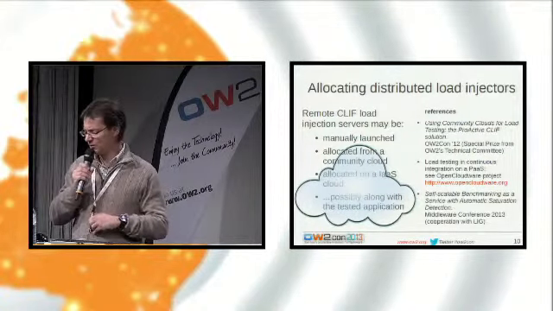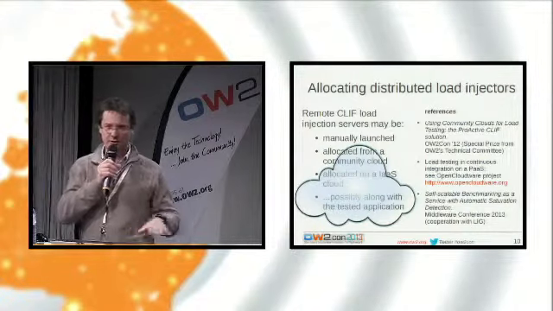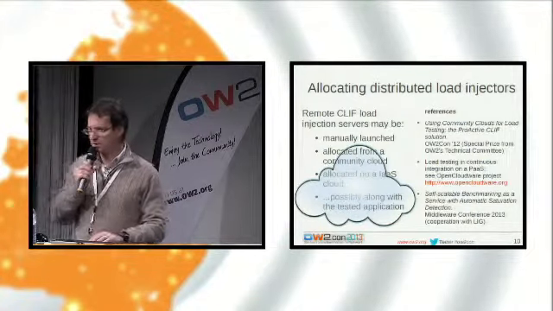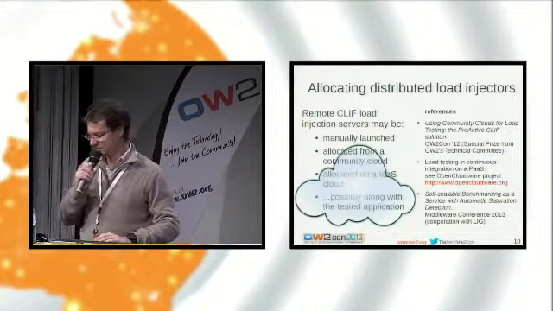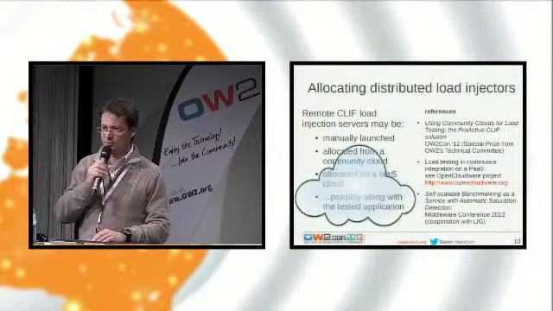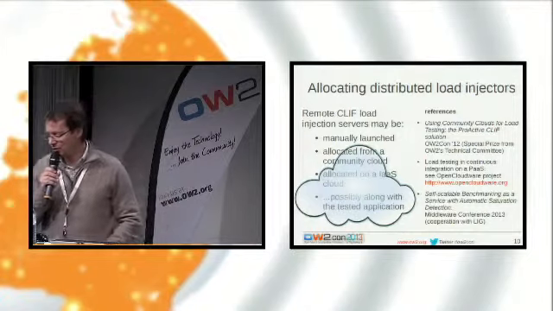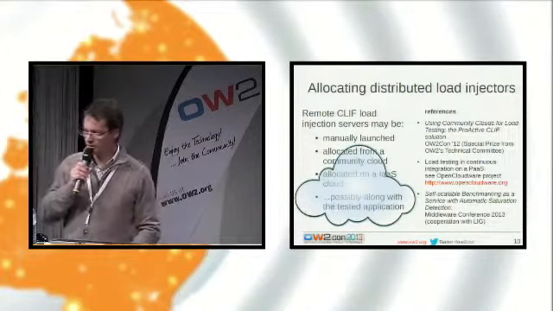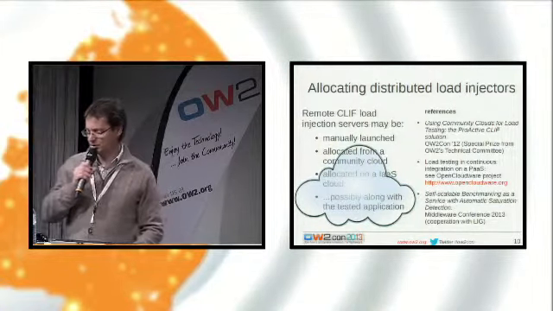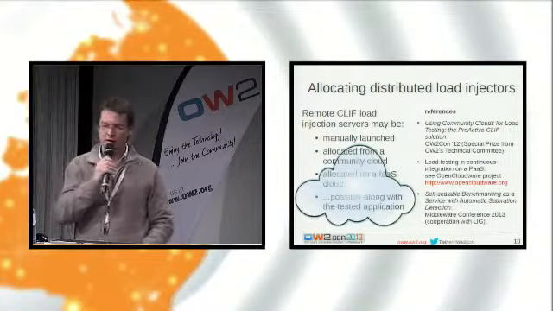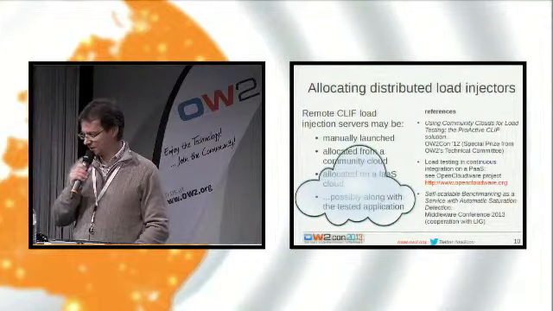The first one is based on a community cloud, where actually we have a friendly user test running at Orange Labs. And we deploy the load injectors on the PCs of our colleagues. It's just starting, but it's working pretty well. And also, of course, we deploy load injectors using an infrastructure as a service cloud, and possibly along with the tested application, which is very interesting in a continuous integration perspective.